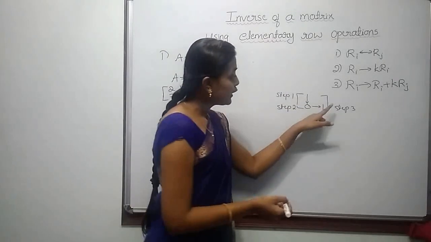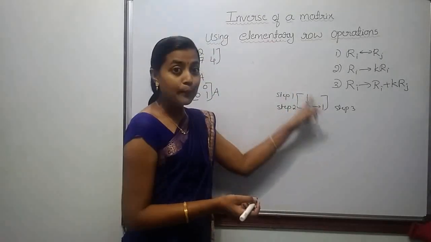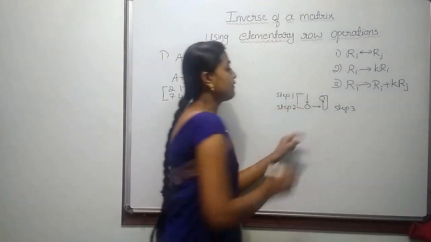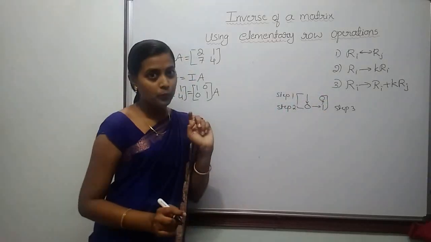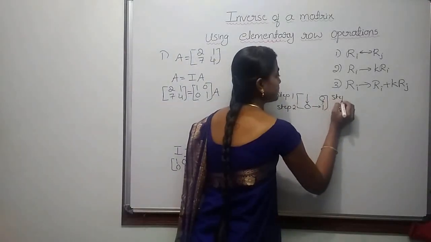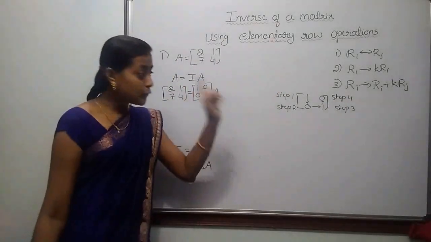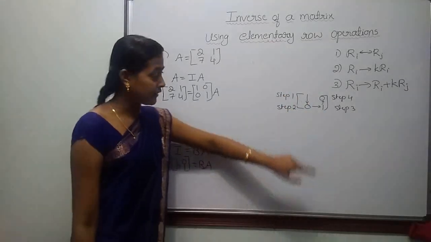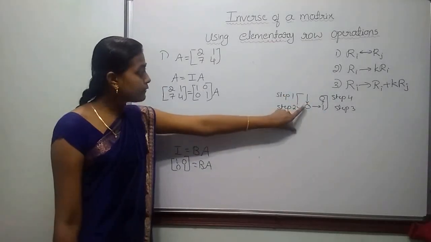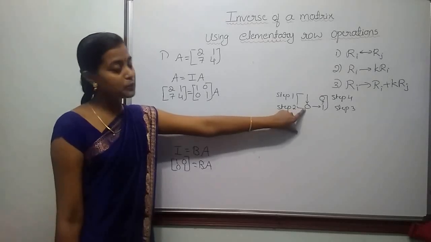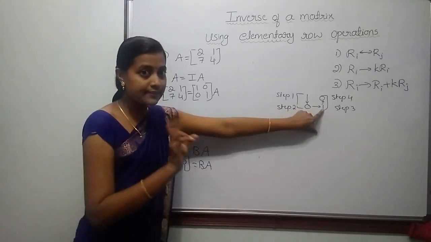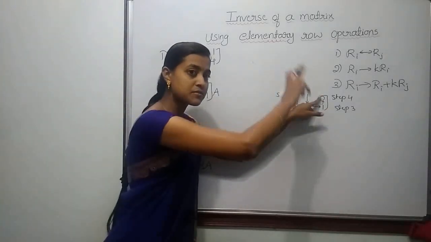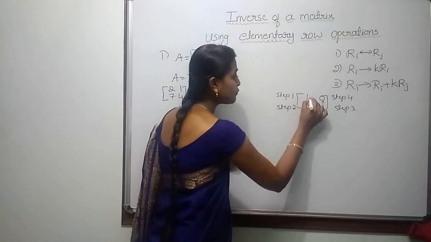Last step is using second row and applying the row operation. Reduce the element lying in first row second column to 0. Fourth step, you have to follow the same method and you have to reduce the elements in the same order. First make the first element 1, then make the element lying in second row first column to 0, and then reduce the element lying in second row second column to 1, and lastly you have to reduce the element lying in first row second column to 0. You have to follow this path.